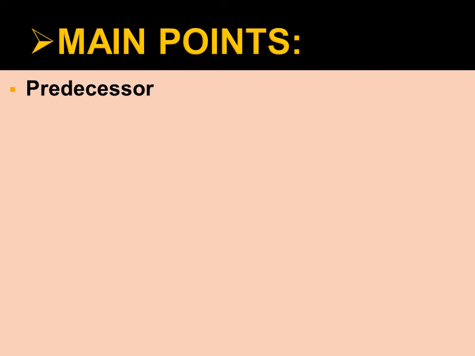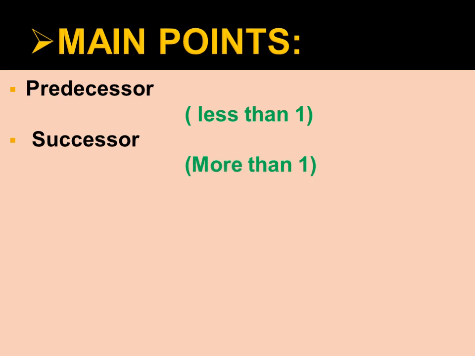Now dear students, at this stage we will revise the main points of our today's lesson. Today we have learned about predecessor. Predecessor means one less than, okay, and we have to subtract 1. We have also learned about successor. Successor means one more than, okay, and we have to add 1. We have to add 1 with the digit at one's place. That is, we have to start from ones, okay. When we do this subtraction or this addition, we have to start from 1.